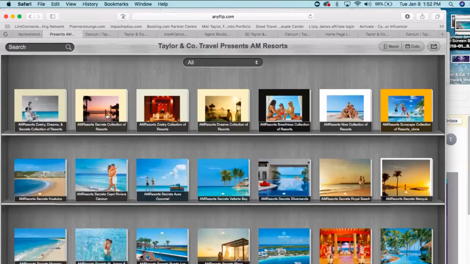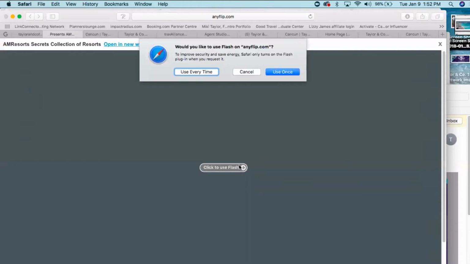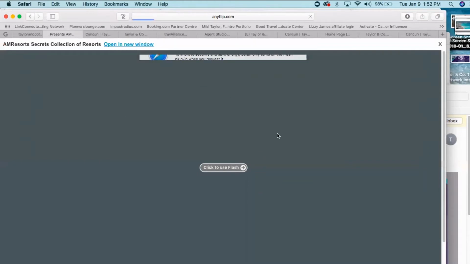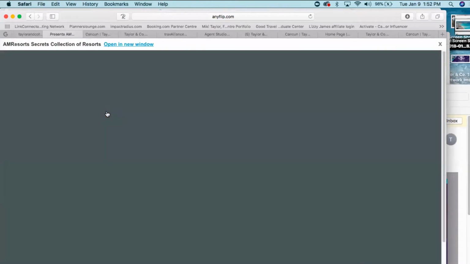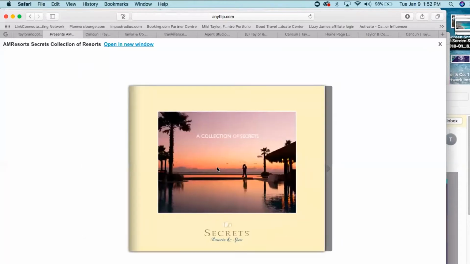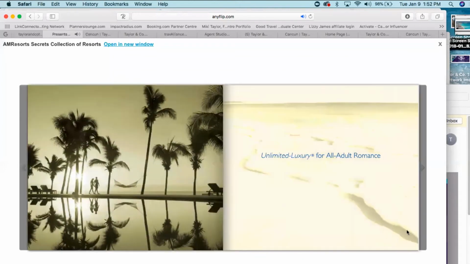Okay, so I can find the link to this. Why didn't it open? It should open the brochure. Okay, there it is. So I don't have to worry about including this brochure and it leading them back to the Secrets website, because I should have picked a different one. At the end of this,